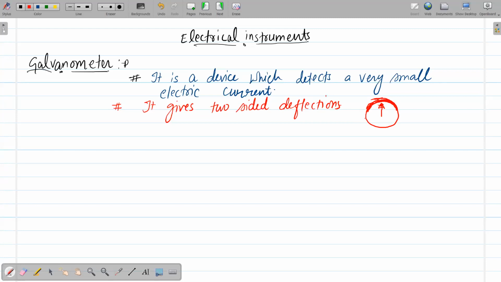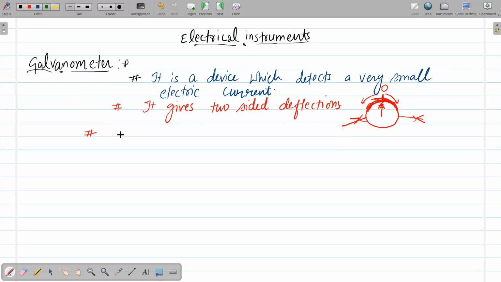So definitely, this is a kind of galvanometer, I am just showing its interface with which it appears. And when we flow some current in this direction, suppose the needle shows some deviation in clockwise, then on passing current in the opposite direction, it shows deflection in anti-clockwise. And here we have 0 at the middle, right? So it gives two-sided deflections. We'll be discussing its functioning and its principle in detail in the chapter, as I told you, right?